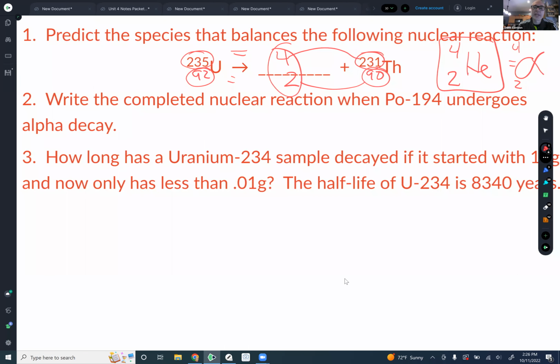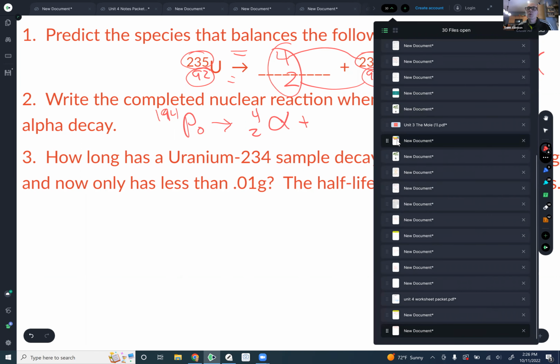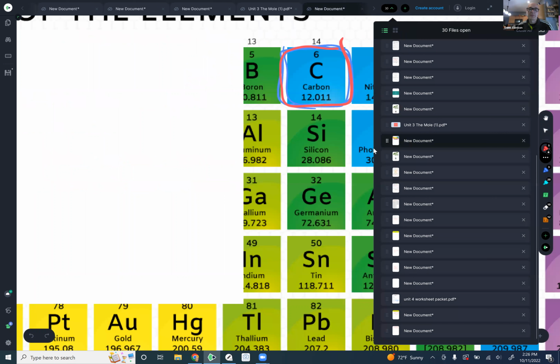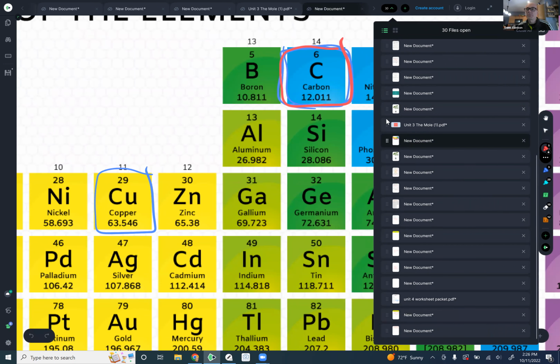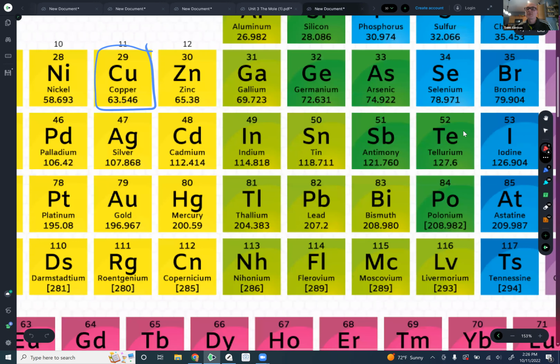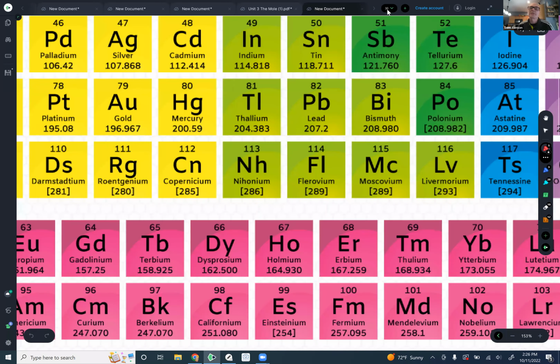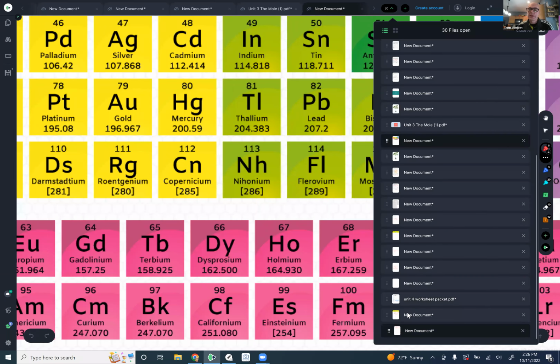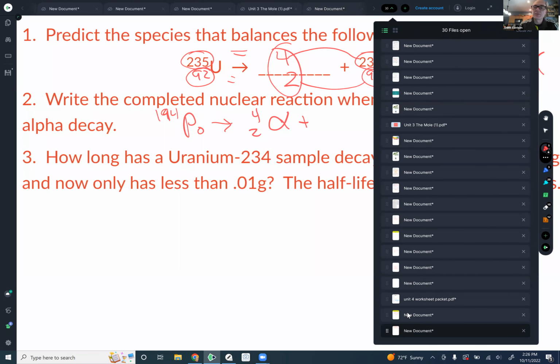All right, number 2. Write the completed nuclear reaction for polonium-194 that undergoes an alpha decay. That means it produces an alpha particle. Well, we've got to first figure out what in the world is the atomic number for polonium. Polonium is a little bit big here for us to find it. It's on the very bottom down here. It's 84 in green. All right, so I'm going to take that 84 and fill it in